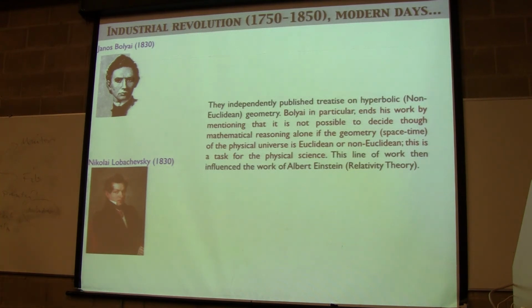So these two guys say, Euclid had this axiom where two straight lines, if they're parallel, they never touch. And they say, but what if they touch? What if we do without this axiom? What happens to the geometry? And weird things happen to the geometry. And actually, in our physical world, you cannot just say this is Euclidean geometry,